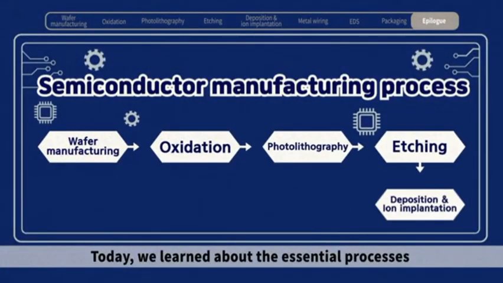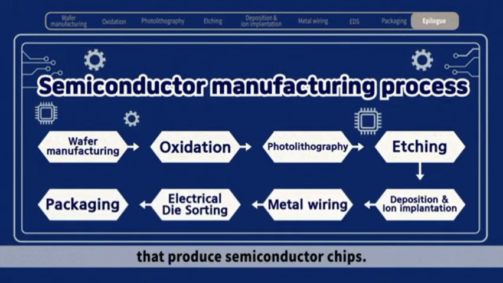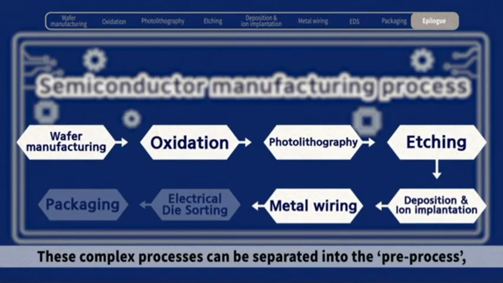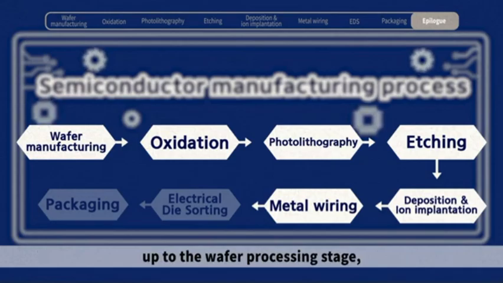Today, we learned about the essential processes that produce semiconductor chips. These complex processes can be separated into the pre-process up to the wafer processing stage and the